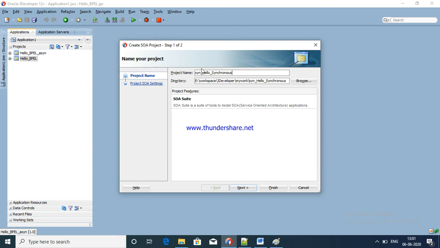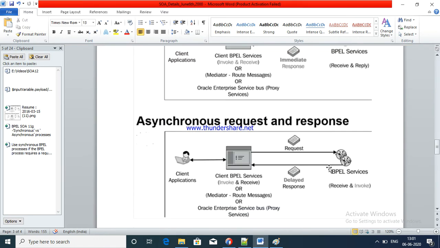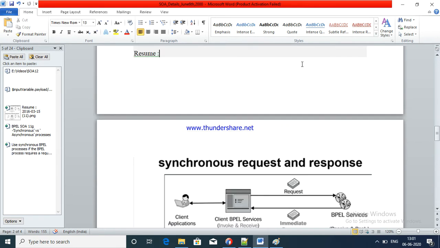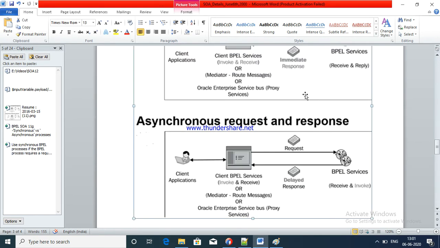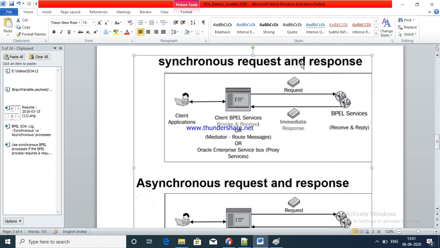Synchronous, immediately response. See here, synchronous, it will show immediately. See here, request and response. Response is immediate.